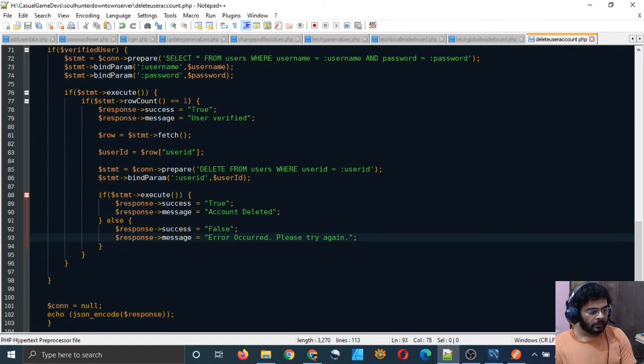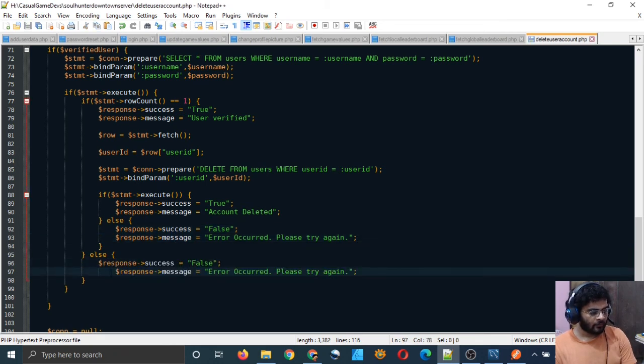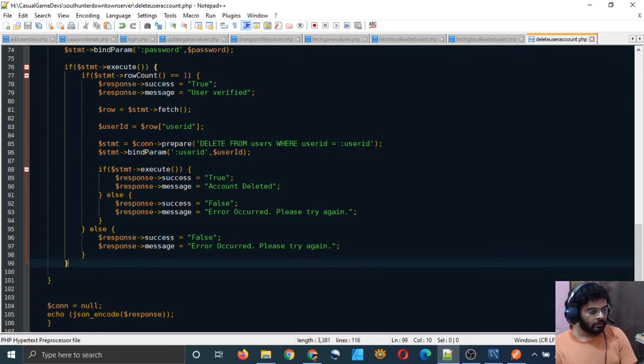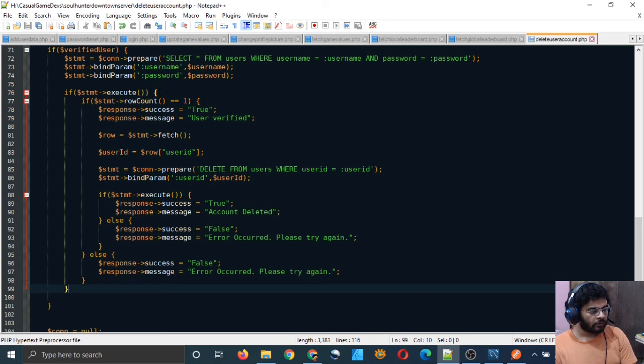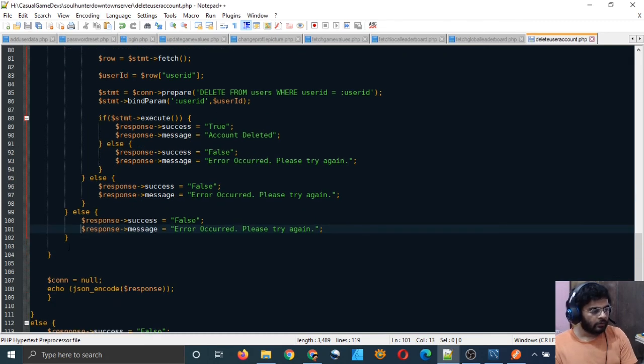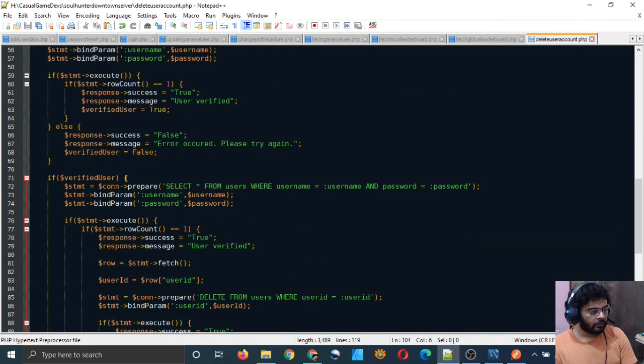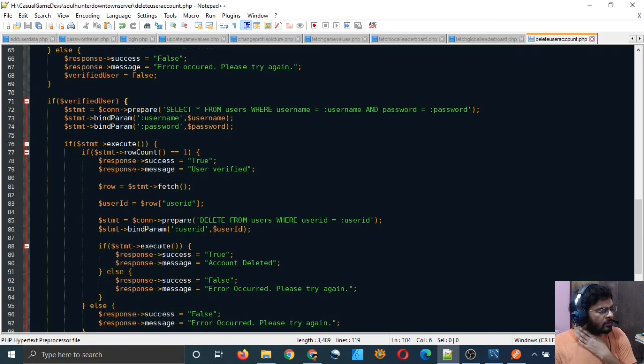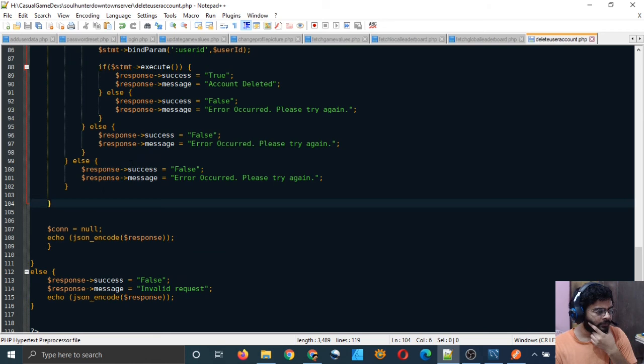And this is the else part of this if statement, and for this if statement also we need to create an else part, and the message which we will put in that else part will be the same as this, right? And what is this bracket? It's for this one. Okay, this also deserves an else statement, so here also I will just simply type error occurred, please try again, right? Yeah, and what is this bracket? It is for this. You can leave that alone, it's not important.